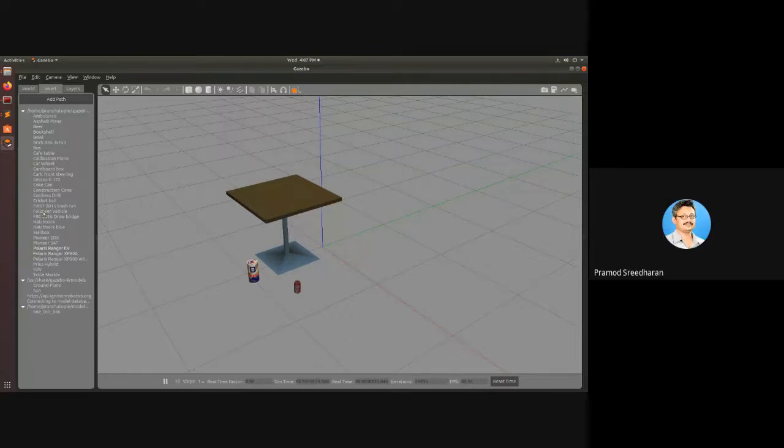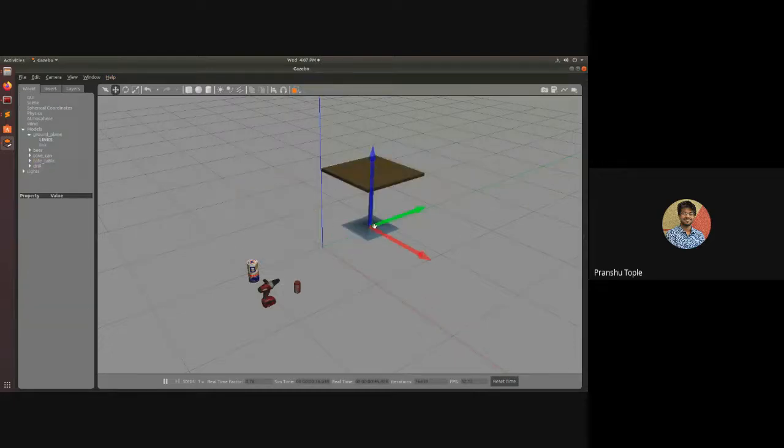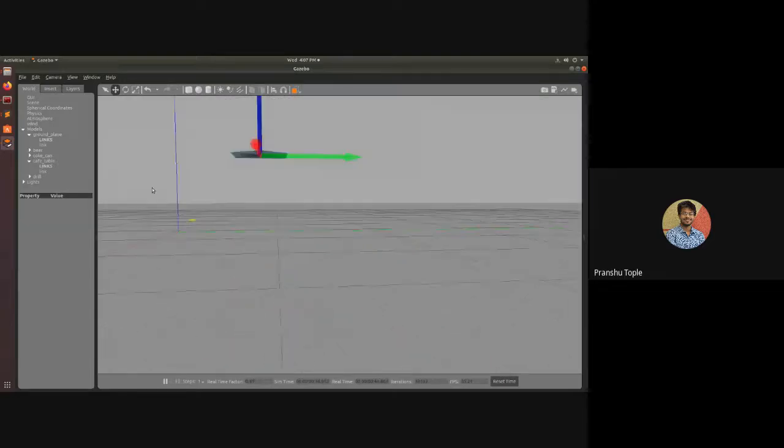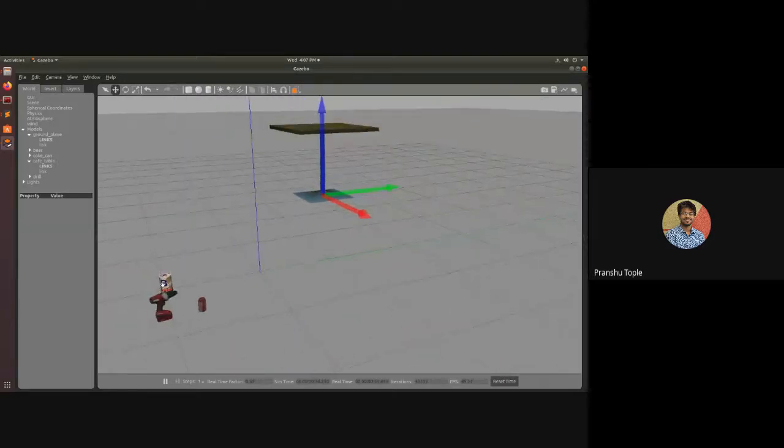Sir, in Gazebo itself, there are buttons at the top, just like in Fusion 360. Should we use those to build our robot? No. The robot should be built through a URDF only. These are just to move things. If I want to move this in this direction, or move this up, that is what those buttons are for. Understood?